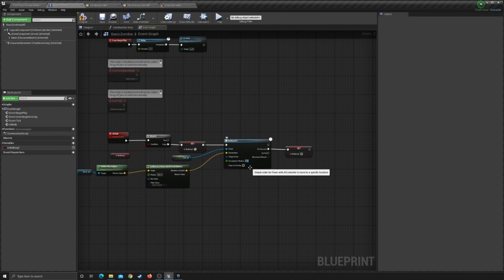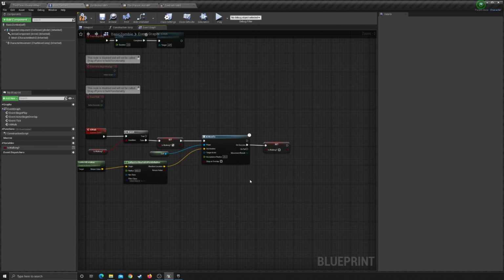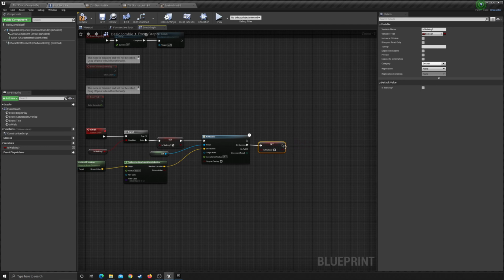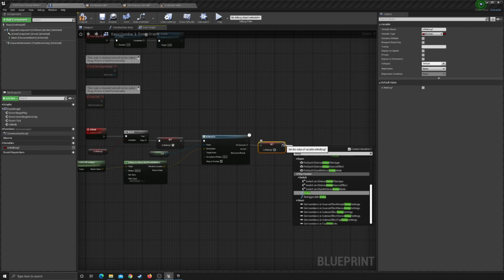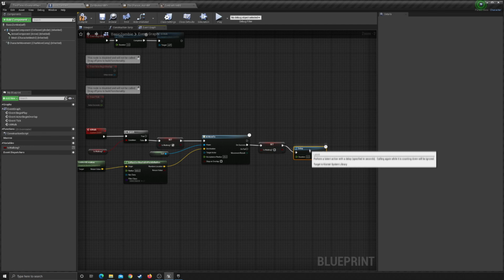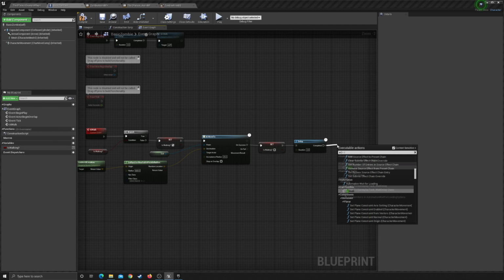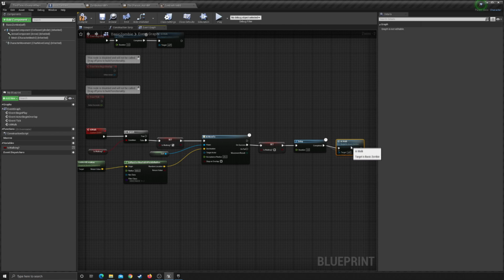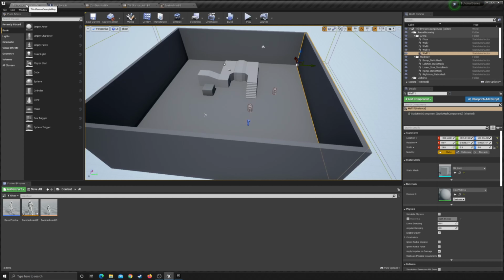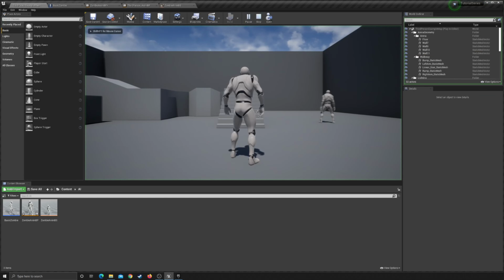I like to have an acceptance radius of maybe 25, 30 or something, just in case. And then let's get a delay on this. Let's have him stick around that point for 3 seconds as well, before finally going to AI walk again. And we'll compile, we'll save, and this time we'll go back to the third person example map, click play, and